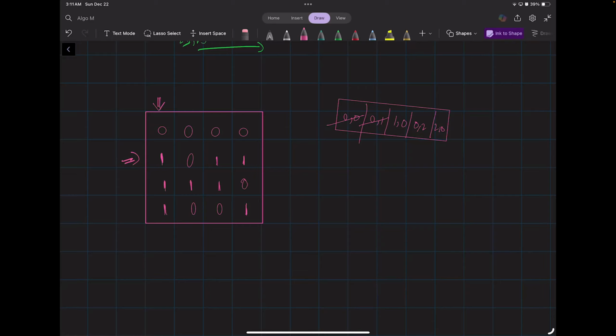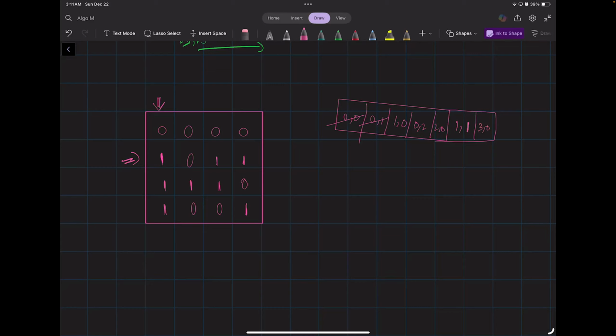Let's see first what it will push inside the queue. So at 1 comma 0 it will push first 1 comma 1, right? 1 comma 1 it will push, and it will push 2 comma 0, 3 comma 0,